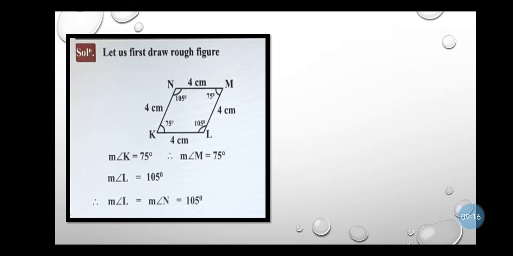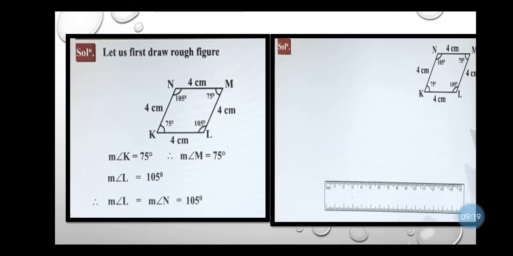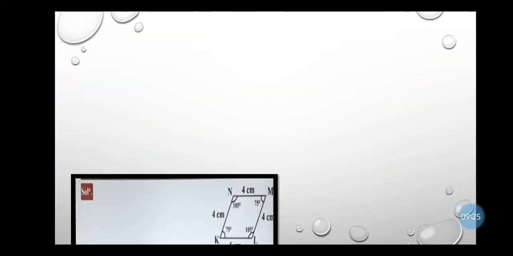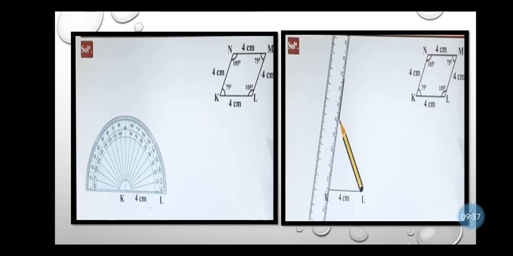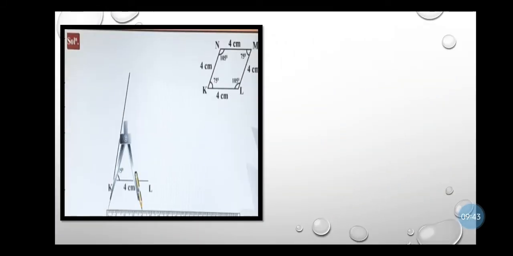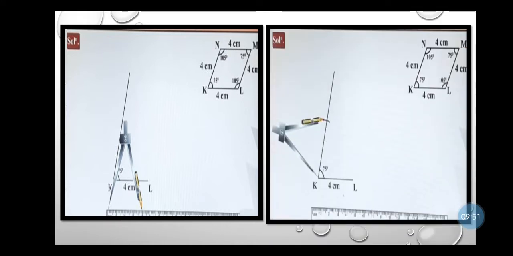The first and foremost thing, you will draw the base KL of 4 centimeter with the help of a ruler. Placing the protractor on point K, you will mark an angle of 75 degrees, that is an acute angle. Draw a ray and write 75 degrees there. With the help of a compass, measure 4 centimeter, place it on point K and cut an arc. Give the new point the name